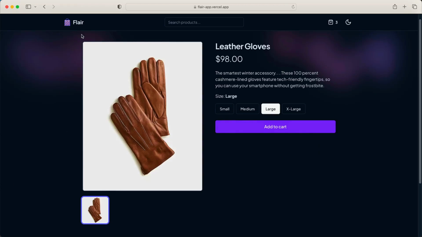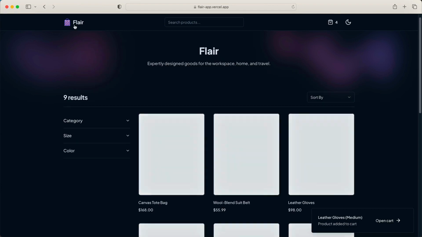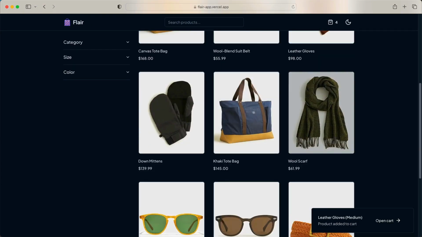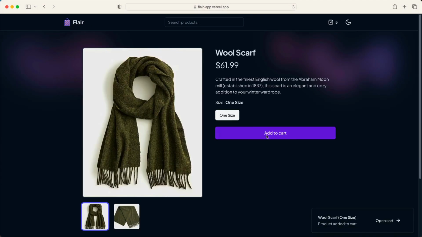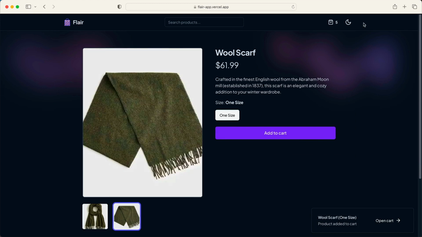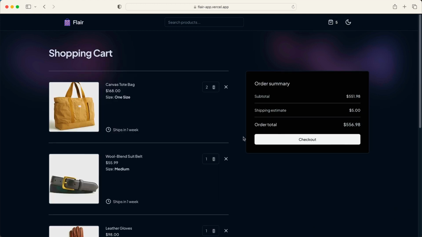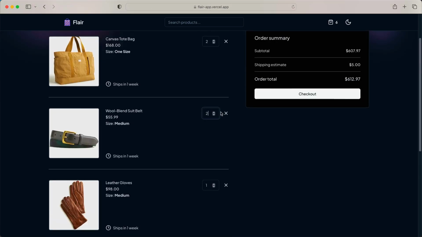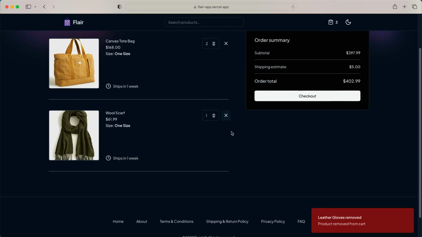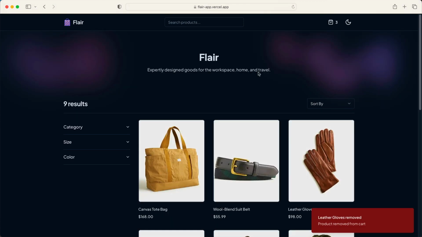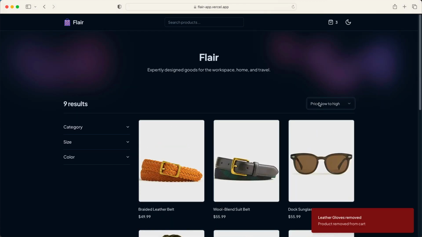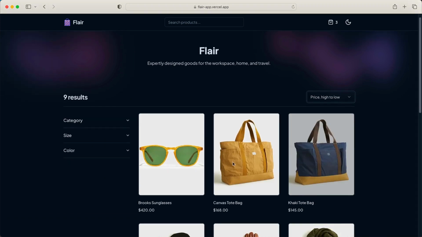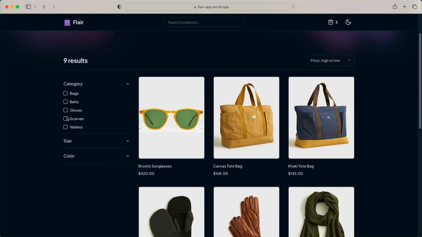In this full stack project, you'll learn how to build and deploy an impressive e-commerce app made with Next 13, Sanity, and Stripe from start to finish. This project has every major feature you would expect from a modern e-commerce app, such as an attractive and accessible user interface, a powerful shopping cart where customers can add, update, and remove items from their cart, the ability to sort products by different criteria, such as price and date,